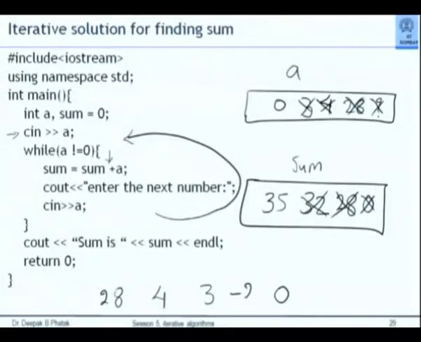This program also does not permit me to add conventional fractional values. 13.5, 17.289. What if I want to add minus 21? Luckily, this program will work. Because in this program, we are not checking whether the value is less than or equal to 0. We are checking whether it is equal to 0 or not. So actually, it will take minus 21 and it will add that and finish.